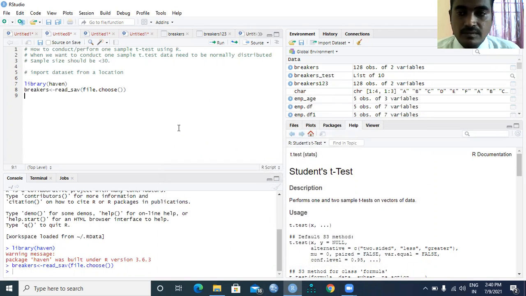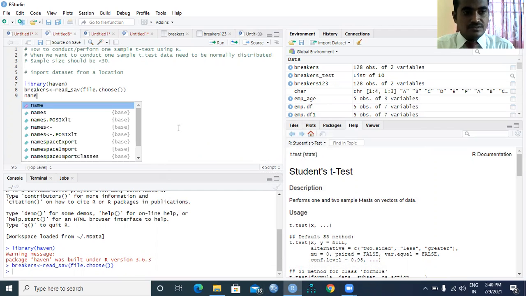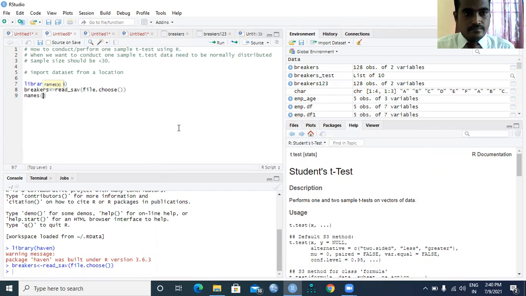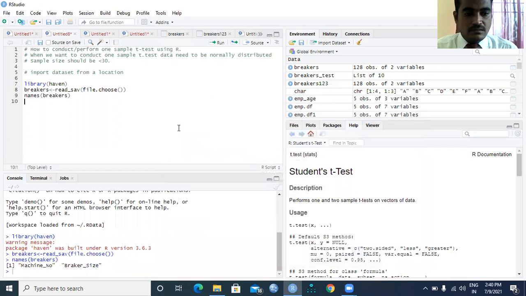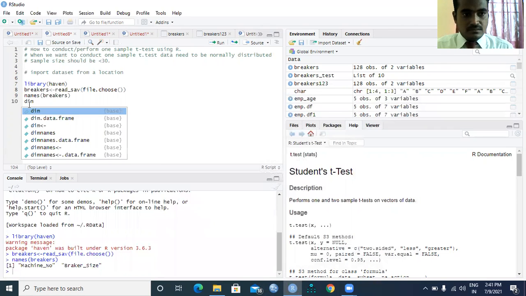Now we will try to check some properties, like names of the breakers. The names of the breakers include machine number and breaker size, so two different types of variables come into the picture, and the dimension.